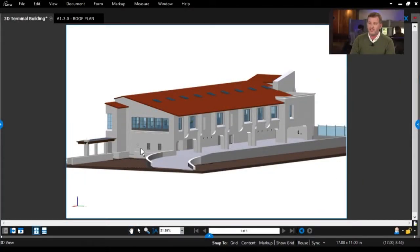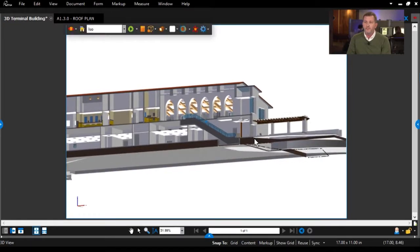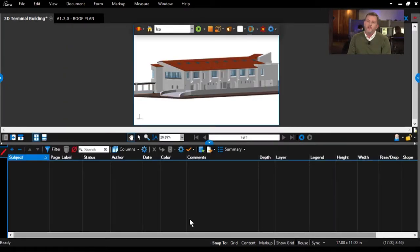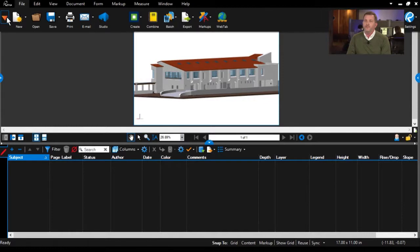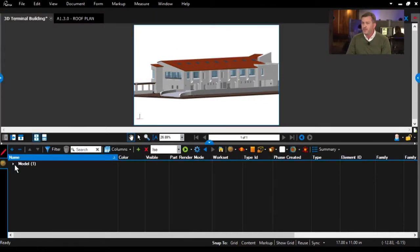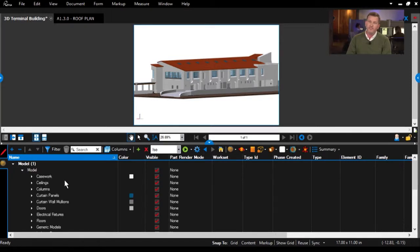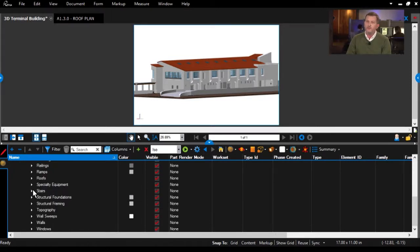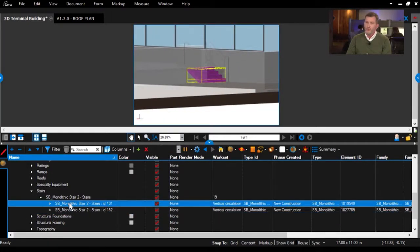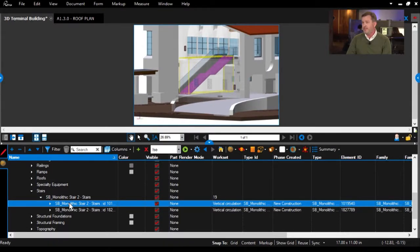So in this case, I've got a 3D PDF that was generated using the Bluebeam 3D PDF creation plugin out of Revit. And in Revu, in the bottom panel here, is what we call the markups list. And this is a great location that really lends itself to tracking all the markup data. Well, it's also a good location for managing any of the model data. So now we have a completely updated and re-envisioned 3D model tree that lets me scan through and select various model elements. When I select them, you'll notice that the model will automatically update, giving me a new pan and zoom, and making all those items transparent that might be